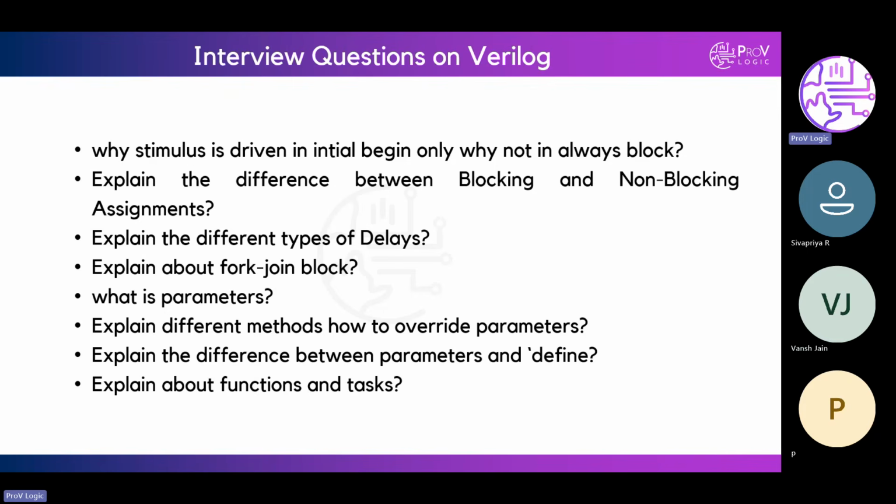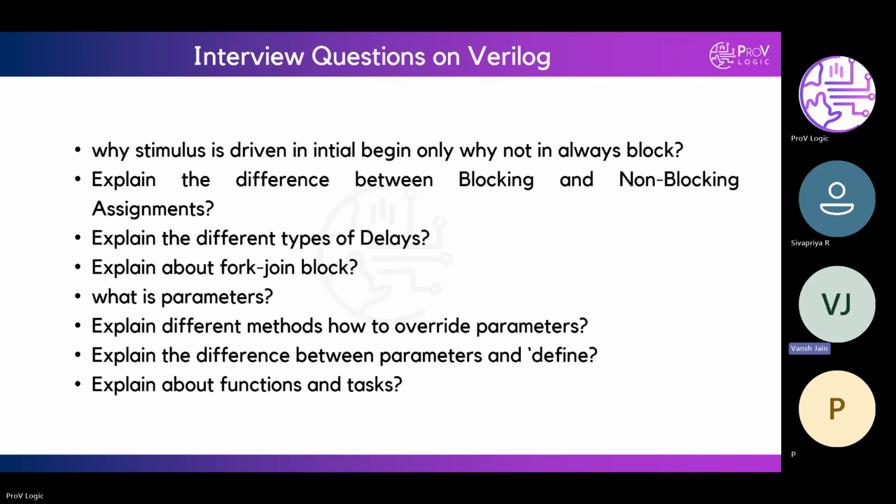Okay. You are close, but parameter has local scope. It is declared only inside a module and works only up to that module. Whereas tick define is defined outside the module, on the top of the module, so it can be used in all modules. So it has a global scope, whereas parameter is limited to that particular module itself.